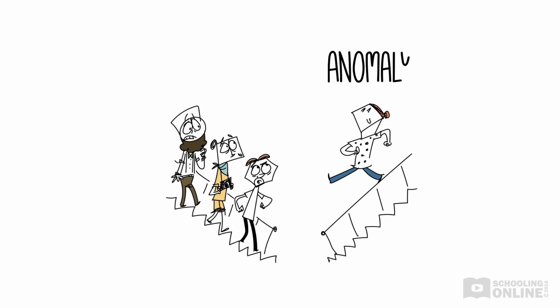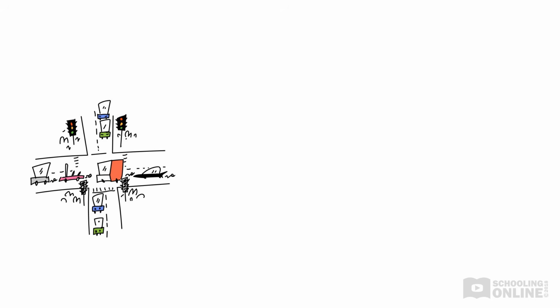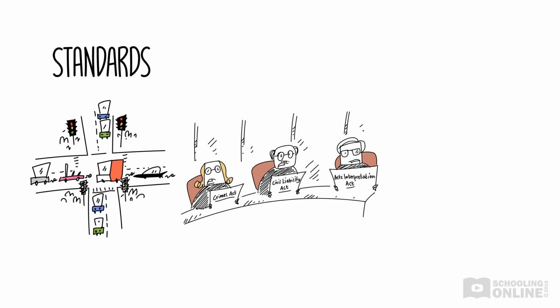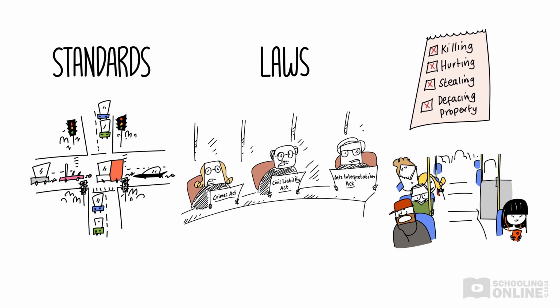So, what are anomalies in human behaviour or motivation? Basically, an anomaly is something different from what is normally expected. In every human society, there are standards of how we should normally behave. Some of these standards are written in law. For example, in Australia, we have laws against killing or hurting other people, stealing from them, and defacing their property. Other standards of acceptable behaviour are less concrete and relate more to unspoken social norms and customs.